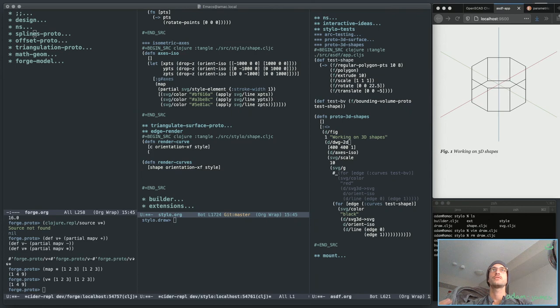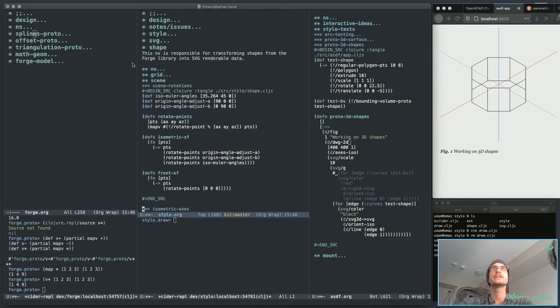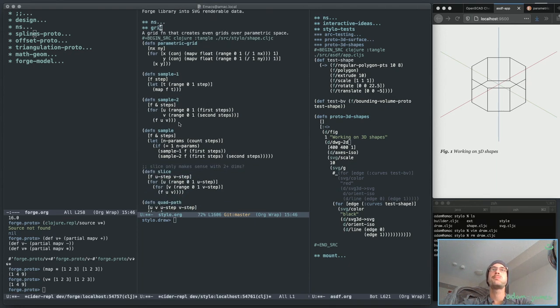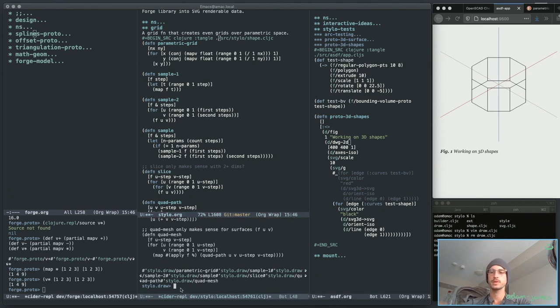So given one curve, you're going to, I wonder if I could use one of my sample functions here. I sample